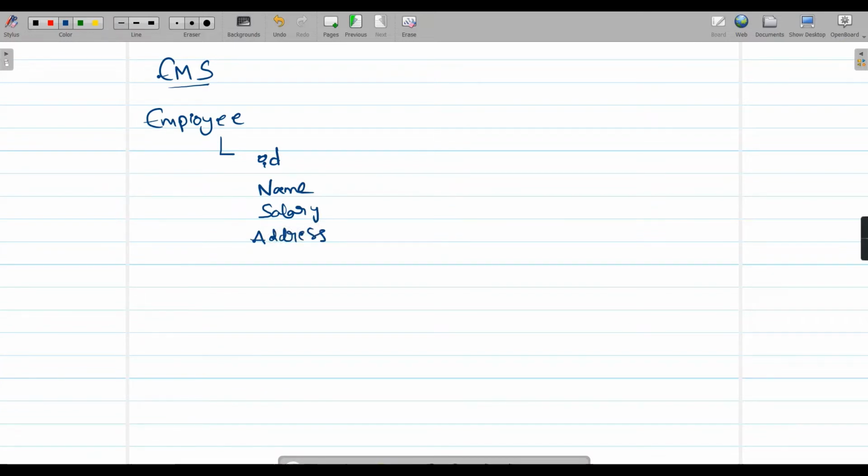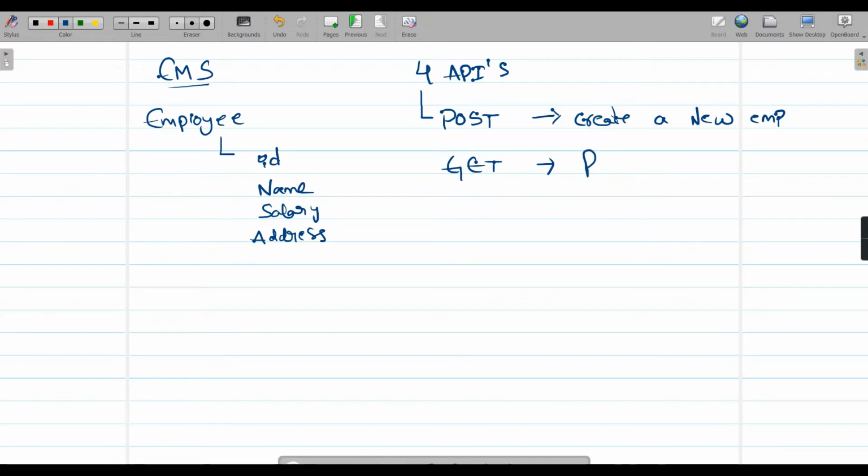Here we are going to create four APIs to perform these CRUD operations. The first is post. This API's main aim is to create a new employee, create a new EMP in short, and then get. The main aim of this get operation is to retrieve an employee details, retrieve an EMP details,